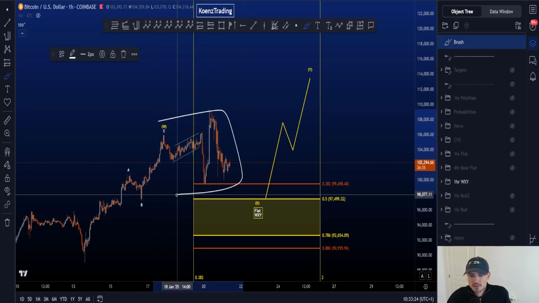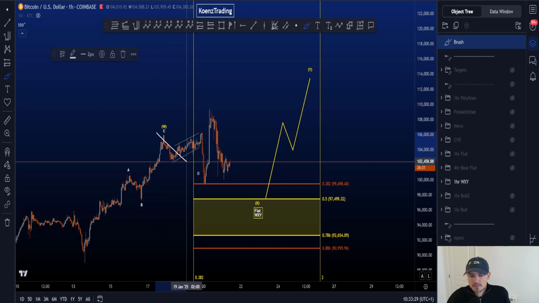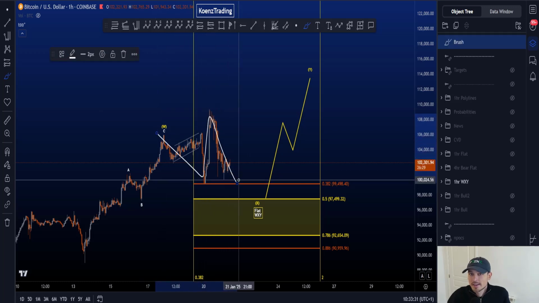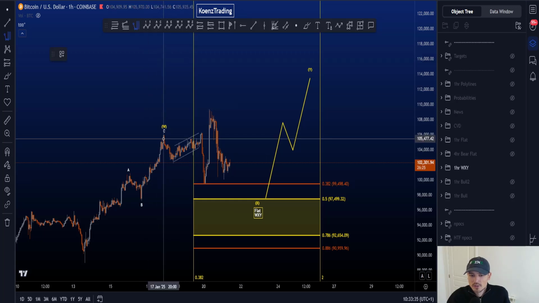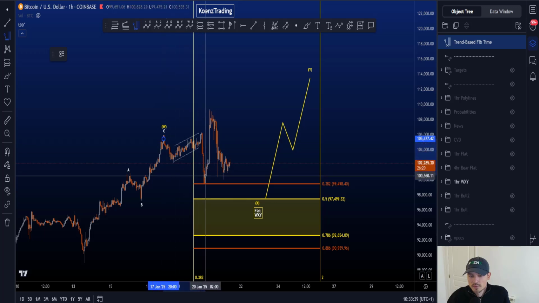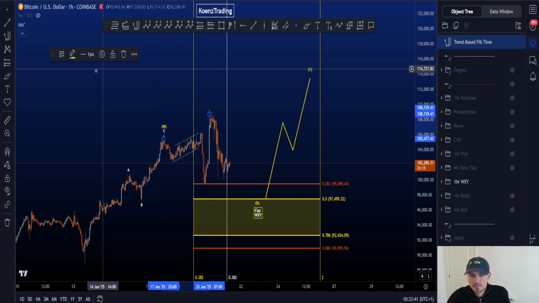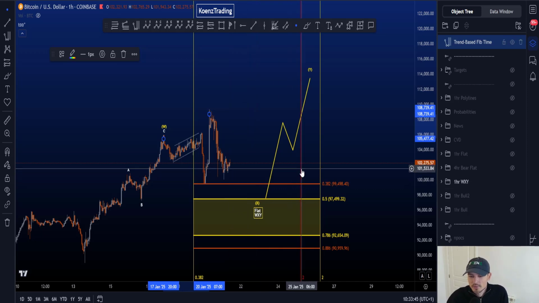Now due to this structure, right, inside a wave X, we then have to look for either a flat A, B, C, and in this case, your wave C, by the way, is not too long, so you take a fib time from the start of your wave A, you'll move down here, to the end of your wave B, toggle on the 2, and you can see that we have more than enough time to finish a wave C